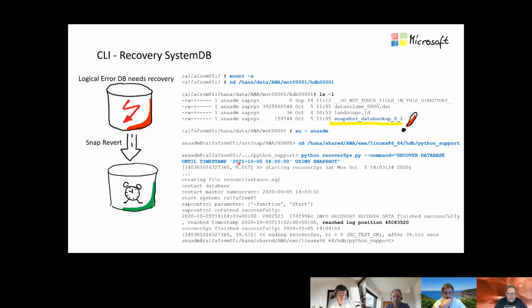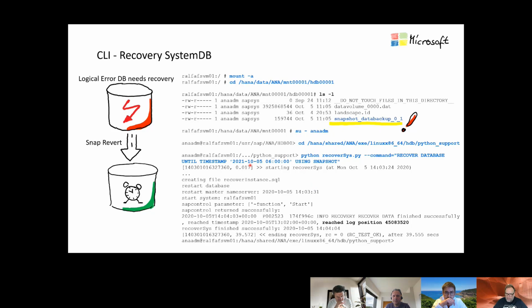So take any date here in the future, and that gives roll forward until the latest information, until the latest commit was done in your log file, because we didn't lose the log files. Remember, we only lost the data file. And when you do a roll forward for the future, then you are sure that you have no data loss at all. And then using snapshot, that is also very important information, because then HANA is exactly looking for this snapshot database file as a reference point.